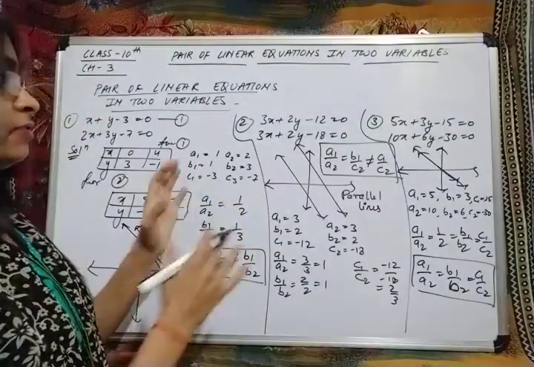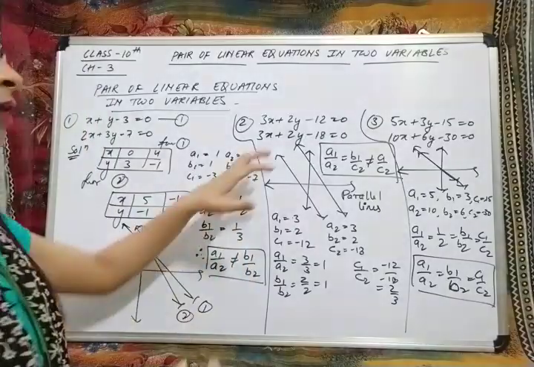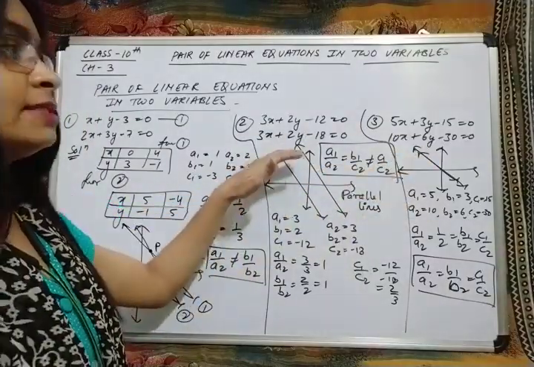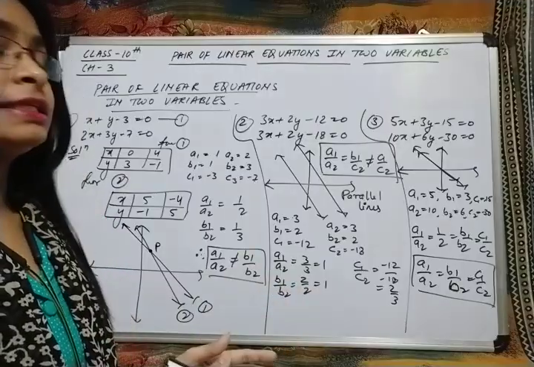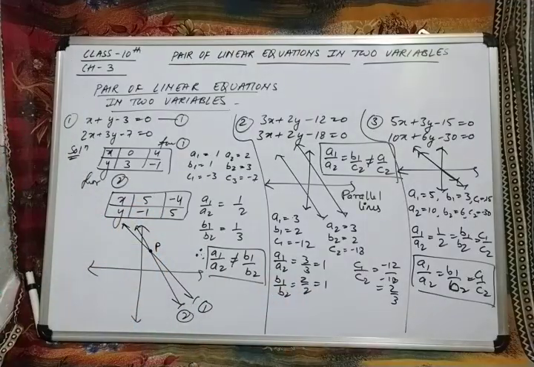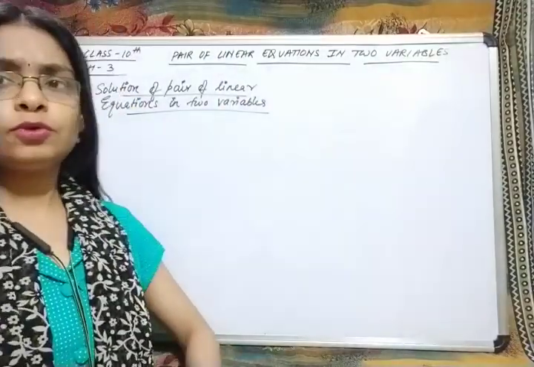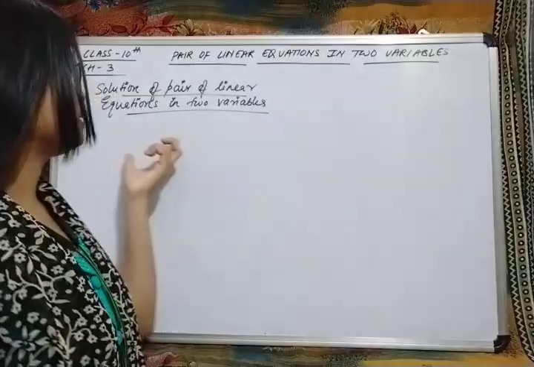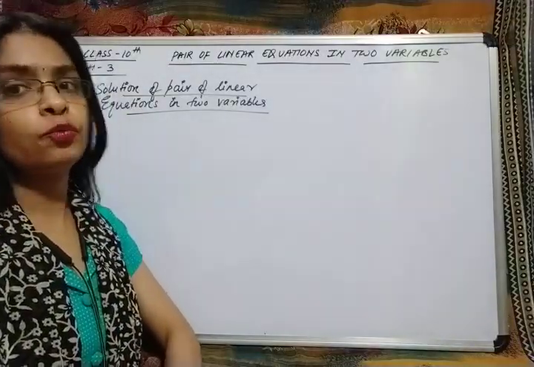Now the things which we have studied, we will sum up. Just go through that, and for finding the solutions you can try this at your home. Just find the solution, plot the graph and check whether you are getting this or not. Just go through this once. Now before summing up, we'll go through two more topics. The next topic is the solution of a pair of linear equations in two variables.